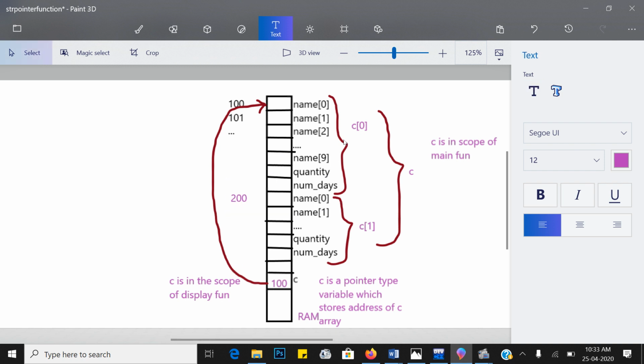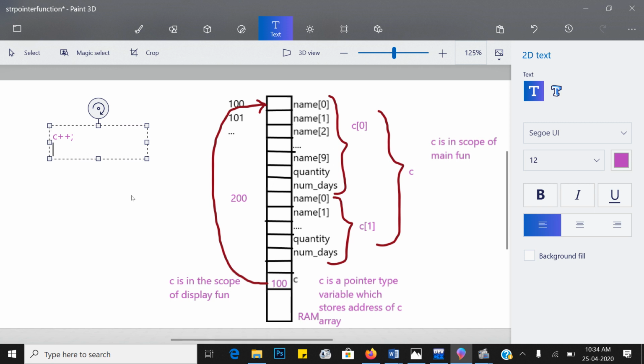After displaying information and total bill of the first customer, C should store the address of the second customer. So we have to increment the pointer, c++. What does c++ give you? It increments the address by one location, not just one byte, it is incremented by one customer's address.